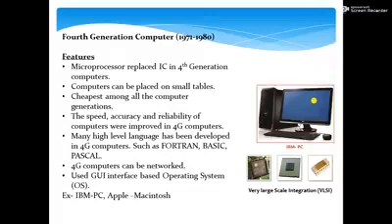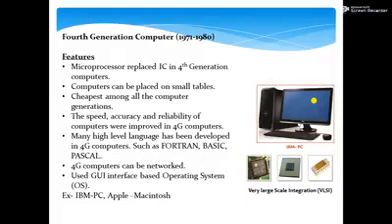Fourth generation of computer. Time period of fourth generation computer was lying in between 1971 to 1980. Microprocessor was the basic component of this generation of computer. So let's discuss some features of this fourth generation of computer. Microprocessor replaced IC in fourth generation of computer. What is microprocessor? Microprocessor is a CPU on which thousands of IC are built into a single silicon chip called very large scale integration, also known as microprocessor.